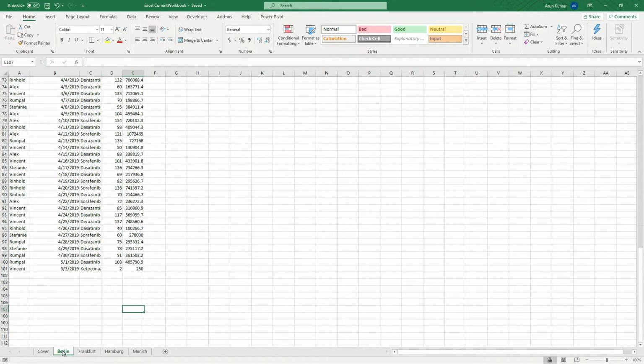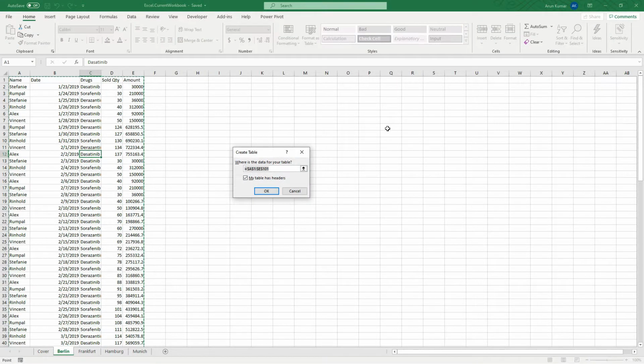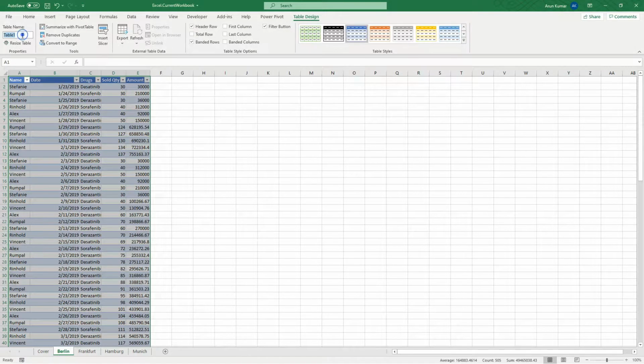tutorial, we have to convert our whole data into official Excel tables. So let's first do that. Beginning with our first data, click inside the data, Control T, and OK. It asks for the table name. The table name is really important. So we can give the table name here